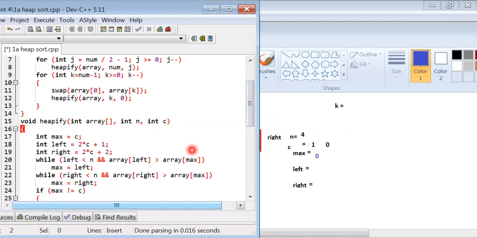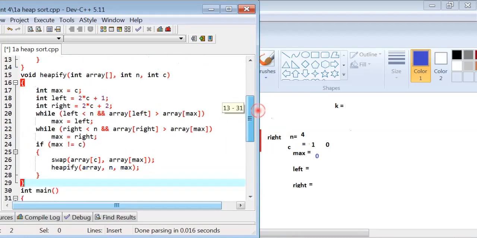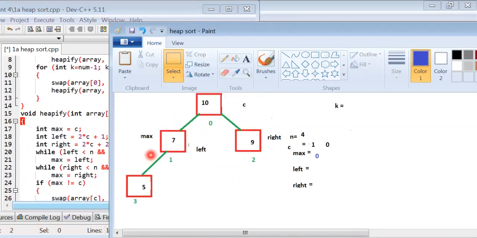Here the n value is 4 and the value of max is inserted in c. The max value is 1, 1 is inserted in c, the value of c is 1.